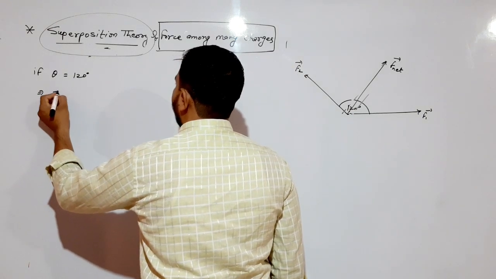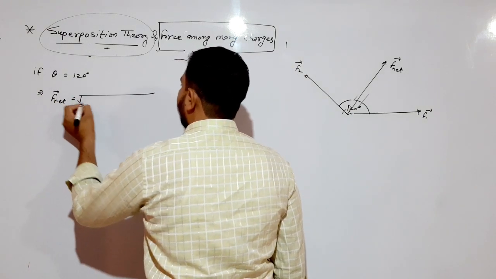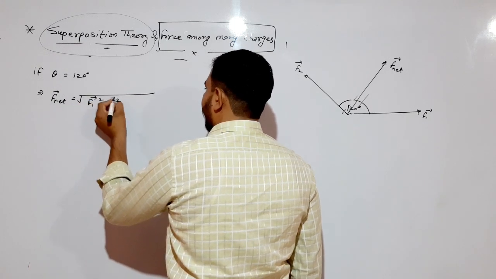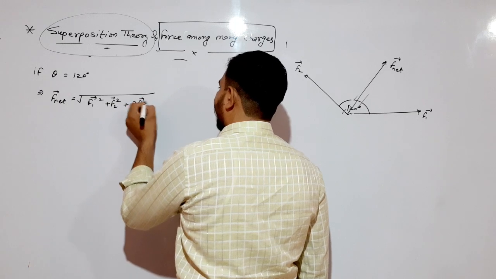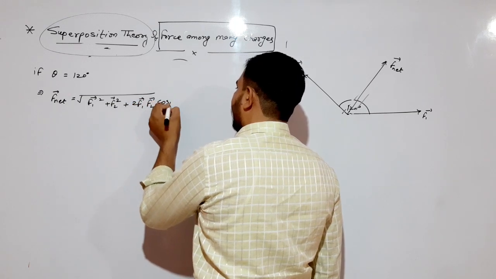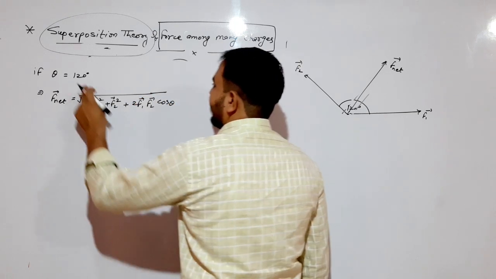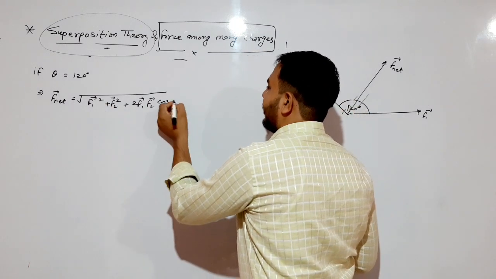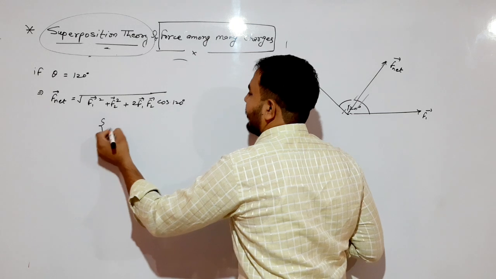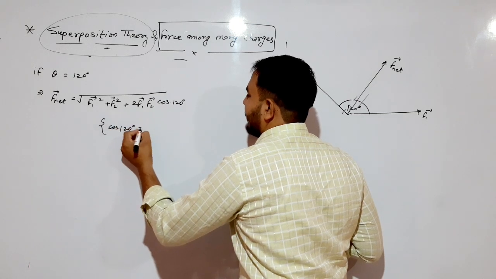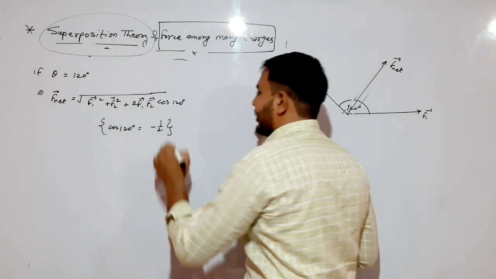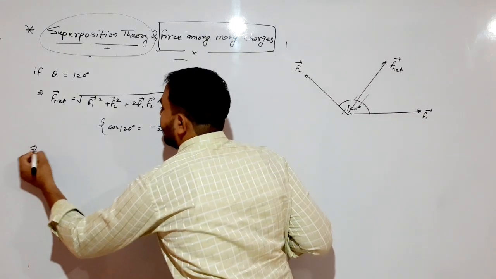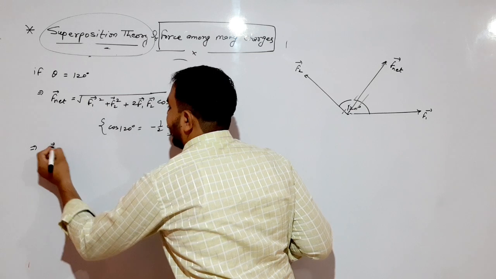F net vector is equal to under root F1 vector square plus F2 vector square plus 2 F1 vector F2 vector cos theta. Theta here is 120, so you can put the value 120. What is the value of cos 120? Minus 1 by 2 is the value of cos 120. So F net is equal to